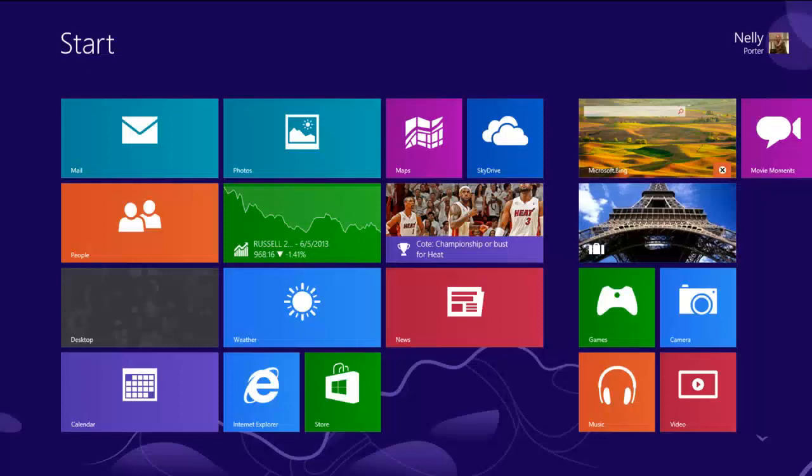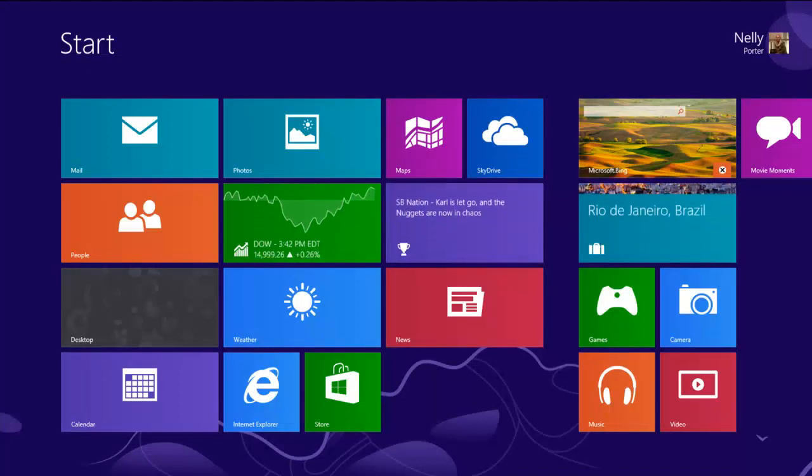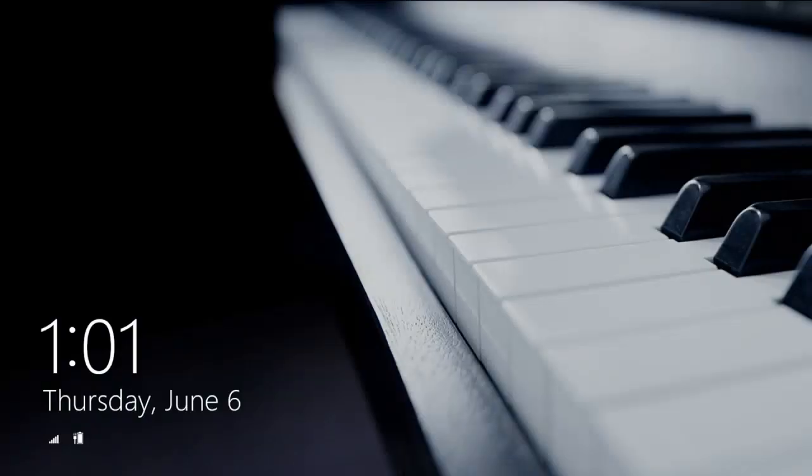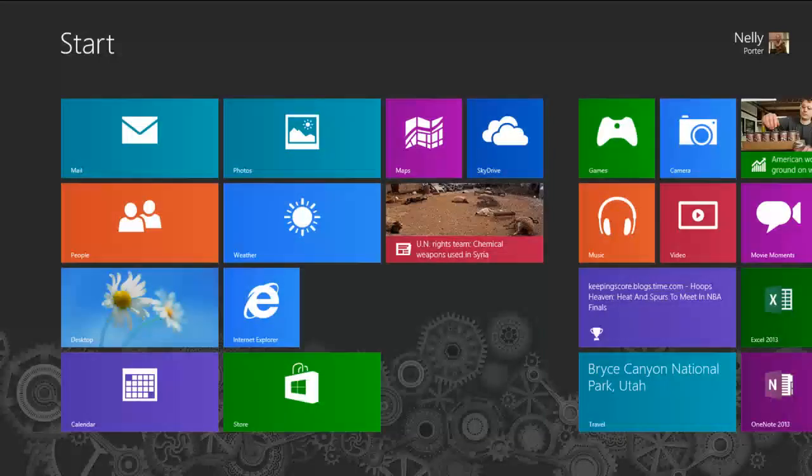So it's my domain account, and I have my apps that are appropriate to my age and status. And I have everything that I can trust, and I know that my babies would not touch it. However, if I switch back and I touch my sensor again, it will come to my next account. And this, again, is me as well, but it's my Microsoft account with all kinds of crazy apps that I download and have nothing to do with my enterprise for a change.